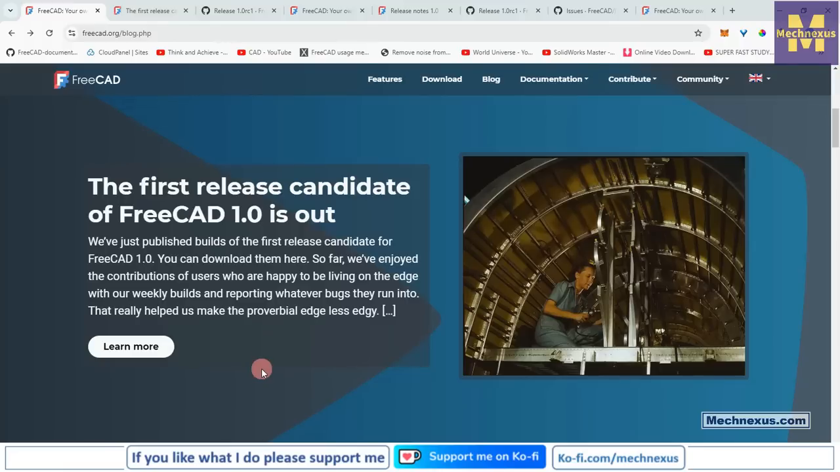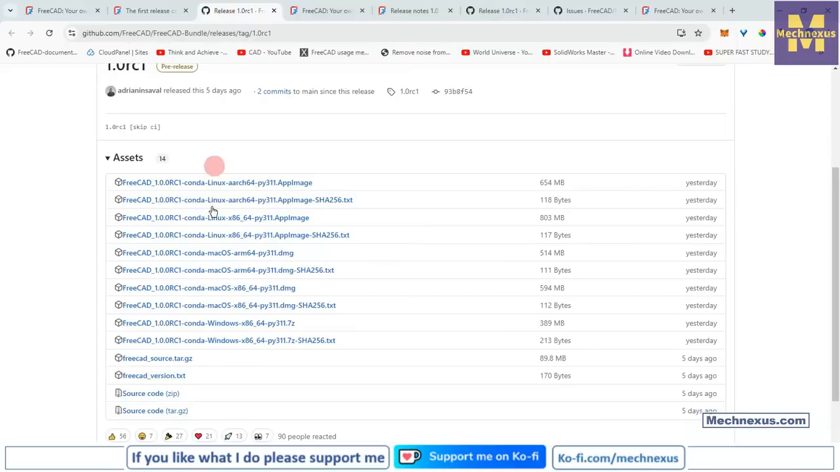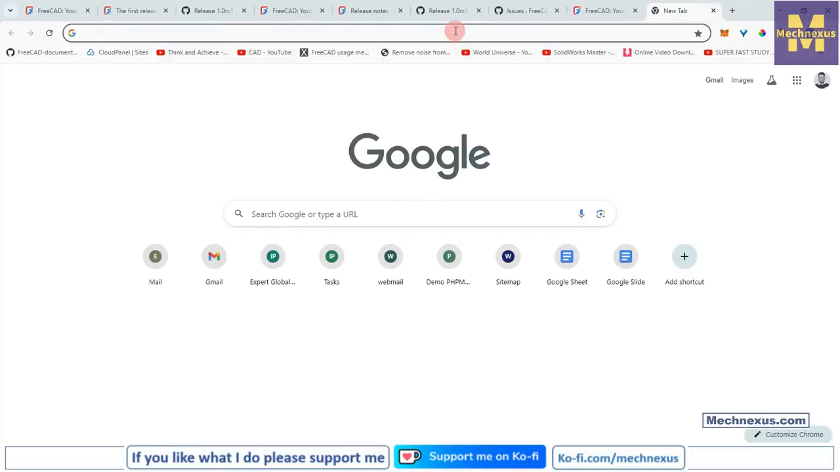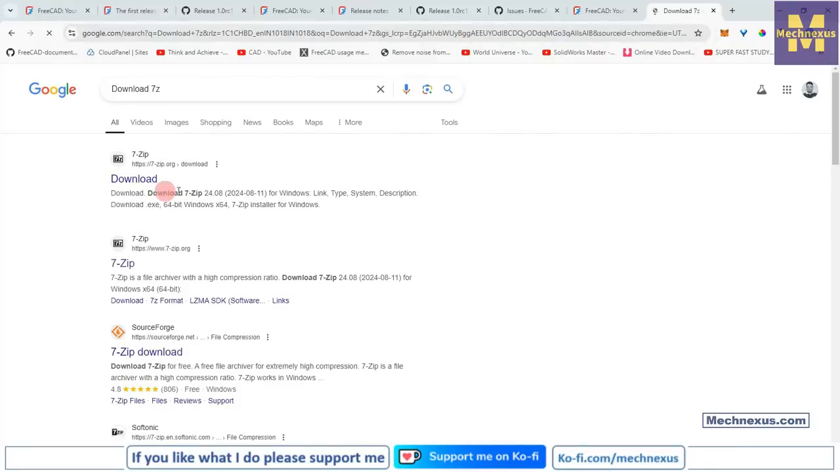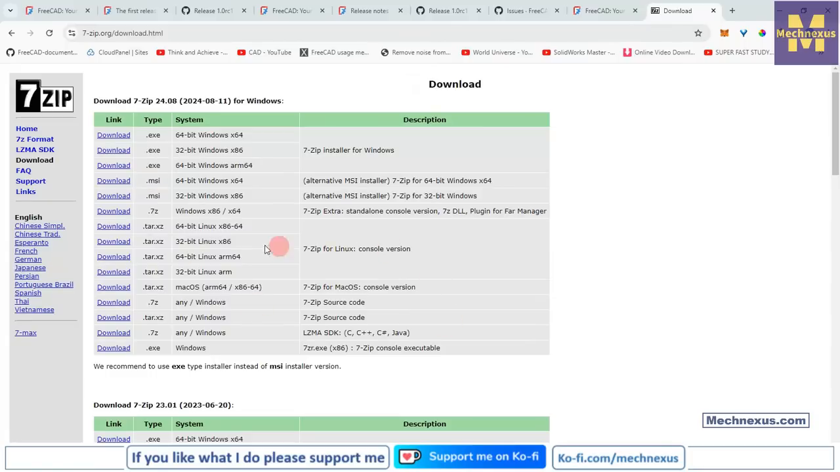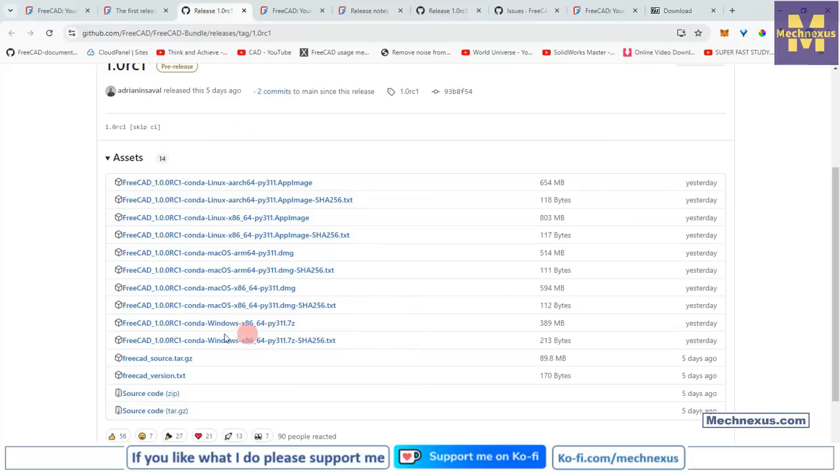Now let's open FreeCAD 1.0 for Windows. As you visit your GitHub page, you have to download this zip file, which is a .7z. If you do not have this software, you can go to Google and type download 7z. You will get this link and download 7-Zip, and once you have downloaded 7-Zip,